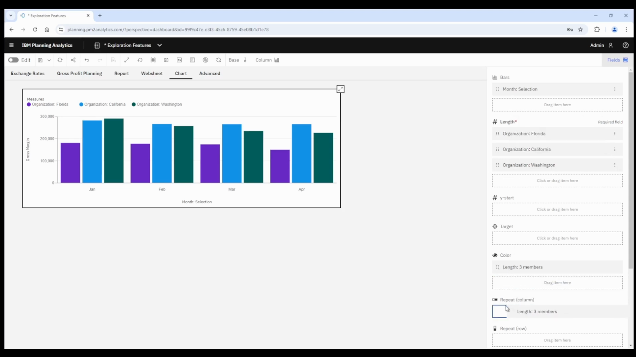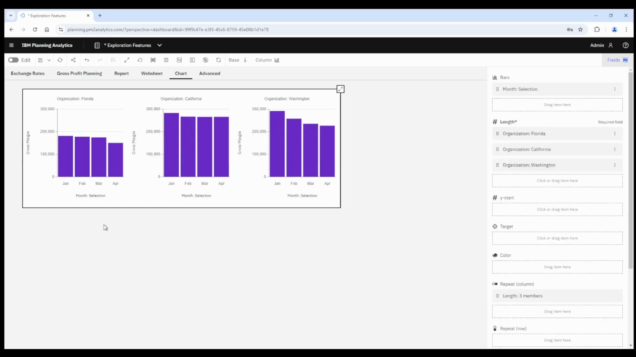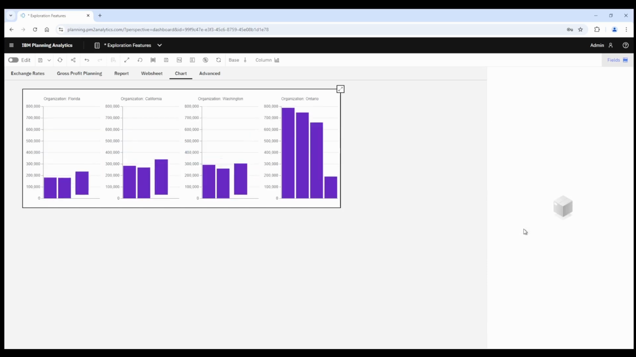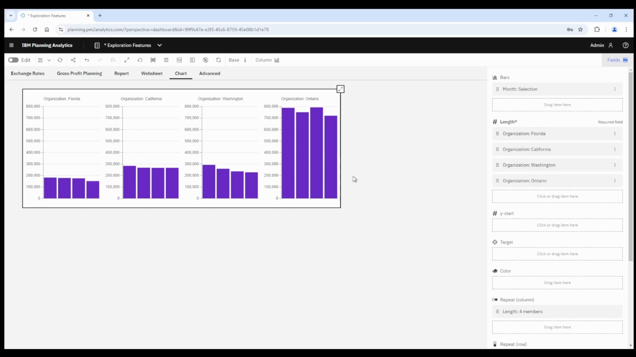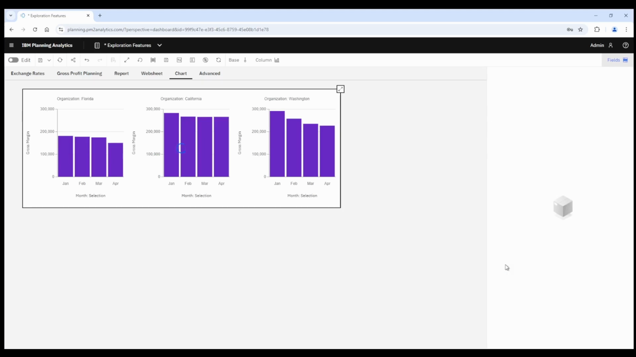I can drag this down to repeat column, and I convert this to 3 charts for each organization member. I can click here to add an additional member to the organization, and my chart reflects a change. I can click here on the menu button for any organization member and click Remove. We'll drag this back to color,